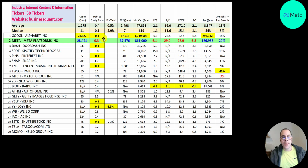Meta is 30%, which isn't that bad because you might see some companies at 100%, 150%. 30% is nothing. They don't pay a dividend yet. They may in the future. They generate lots of free cash flow, second to Google. They're about half the size of Google, but both Google and Meta are in the top 10 companies in the world. For the size of the company and the amount of revenue and free cash flow they generate, they have